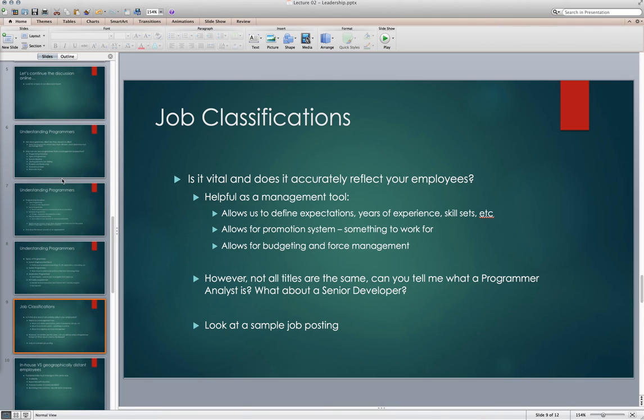It gives us the ability to create promotion systems, and say that you need to be able to do these specific skills in order to classify as a programmer analyst from a 1 to a 2, programmer analyst 1 to a programmer analyst 2, or from entry-level developer to mid-level, or from mid to senior. And so it gives us some metric. Again, it's very hard to say these are the things I need to see from you, and I can match those up 100%. Okay, it's just a rough guideline in order to give you something as a tool to help give your employees a focus, as well as you to organize them.